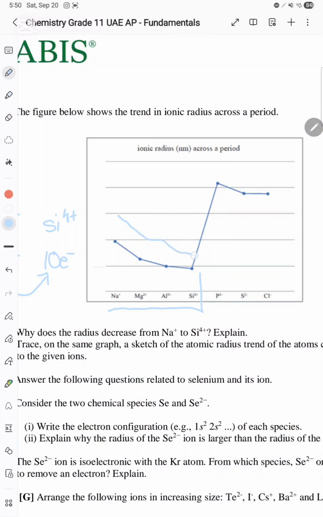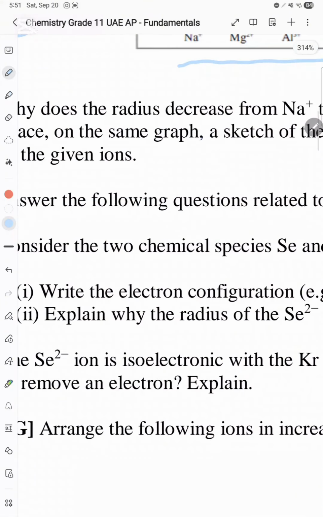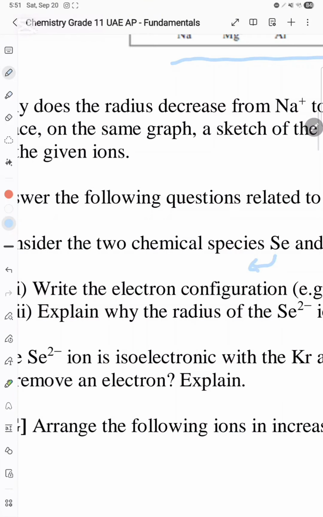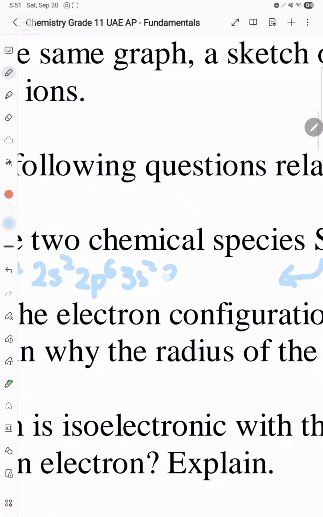Consider the two chemical species Se and Se2-. Write the electronic configuration of each. Now we need to first look at our periodic table. Where is Se? Se has 34 protons. So Se is going to be 1s2, 2s2, 2p6, 3s2, 3p6,